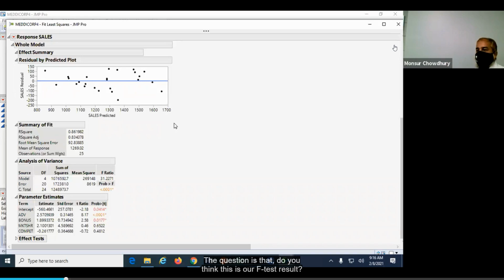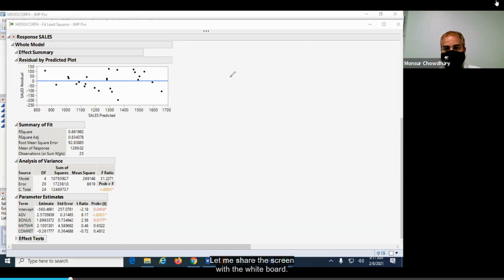Now the question is, do you think this is our F test result? Is this the F test statistic or not? No. This F test statistic, this is the most important part. This F test statistic is for the simple model versus the whole model with 4 parameters. So for this F test statistic, the null hypothesis will be like this. Let me share the screen with the whiteboard. Maybe. So in this case our beta 0,